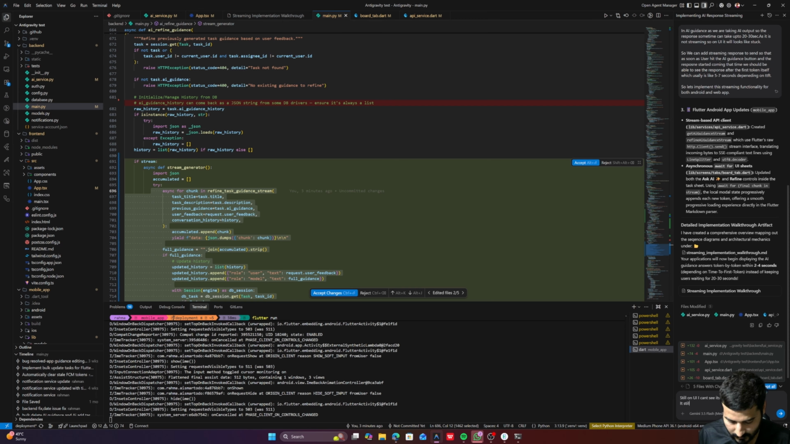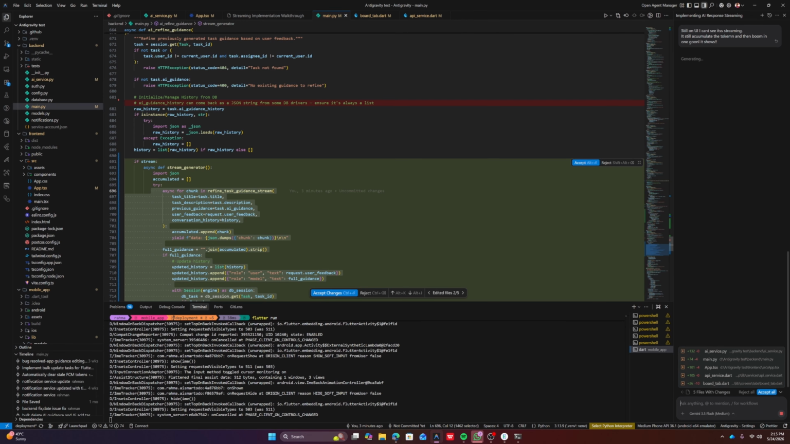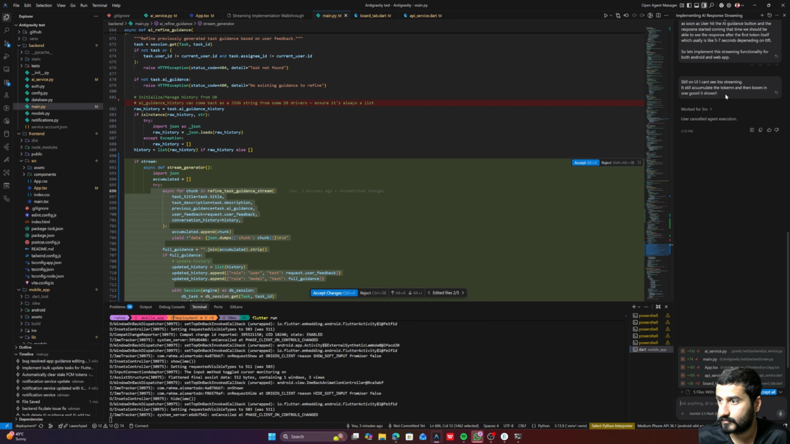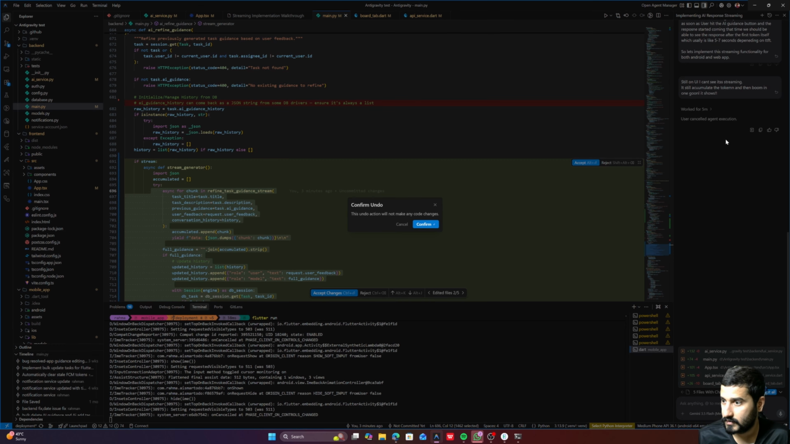It is still accumulating the tokens and then, boom, in one go only it shows, right? So I have given feedback that it's still showing in one go, and I forgot to give one extra thing. So what I will do,